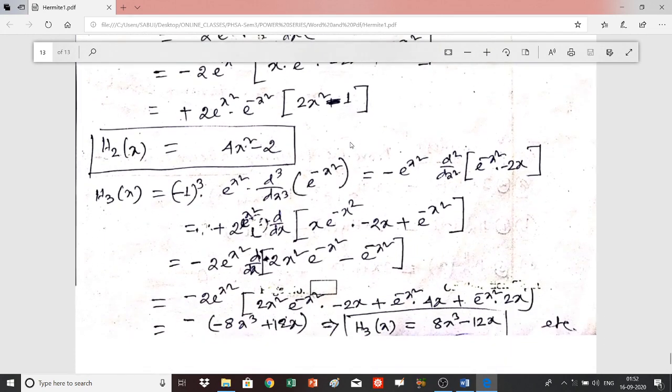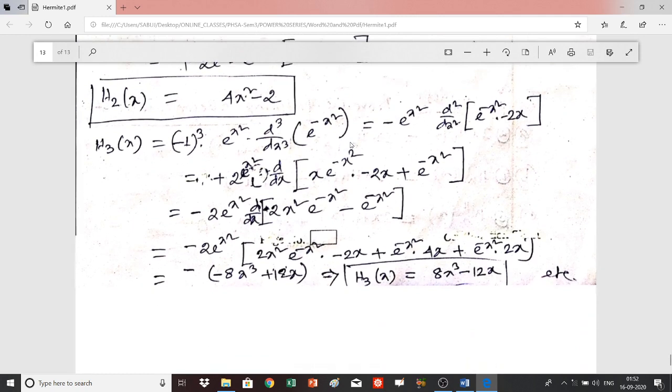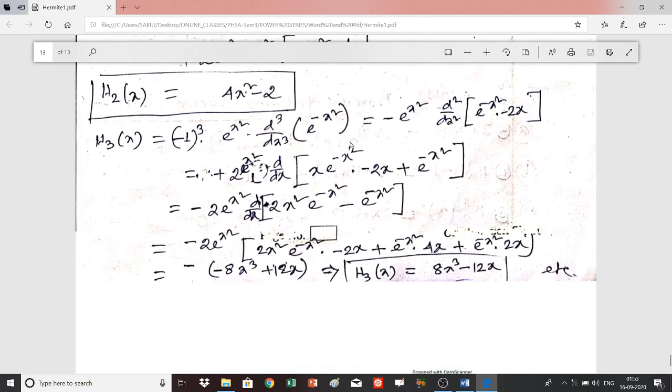But you have to practice, first practice up to 3 or 4 terms, that is 3 or 4 Hermite polynomials. And this is the end of this lecture, and obviously you have to practice more and more, and then all the things will be